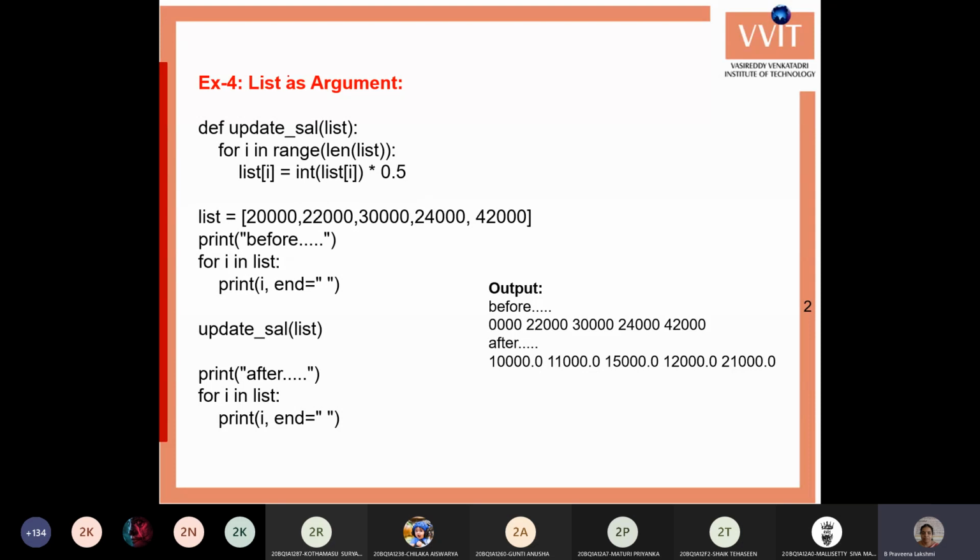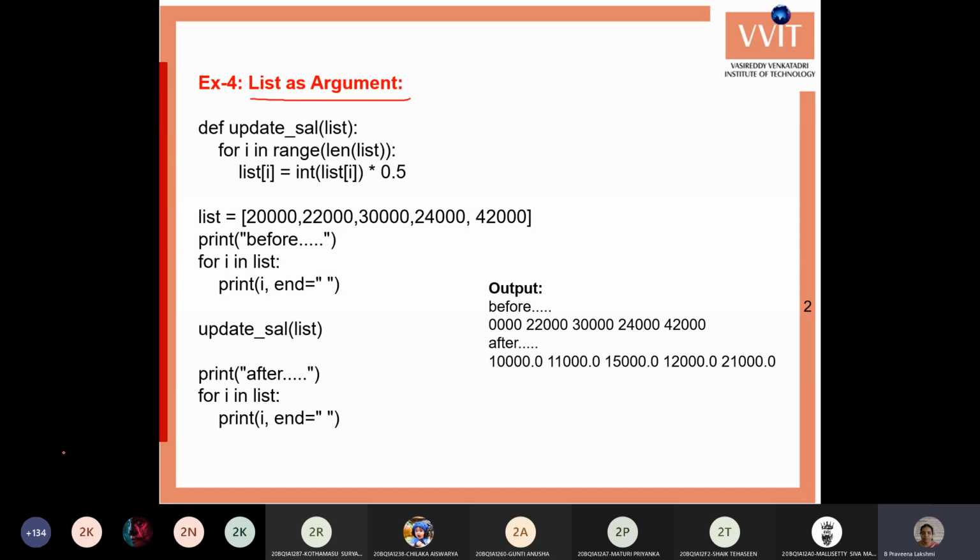Put the side heading as list as an argument. That is how we can pass a list as an argument. This is similar to a normal variable, but within the function we can access it as a list. While passing an argument and while receiving the parameter, there is no difference in the function call and function definition, but there are differences in how we access that list. Whenever you access that list, you can use a for loop and access the values one by one from the list.